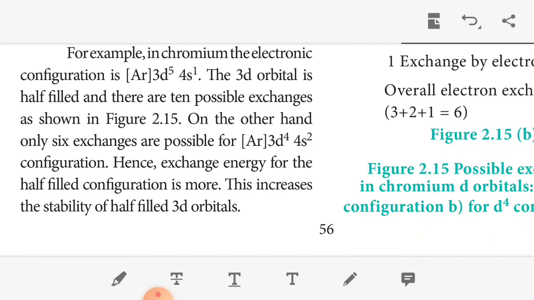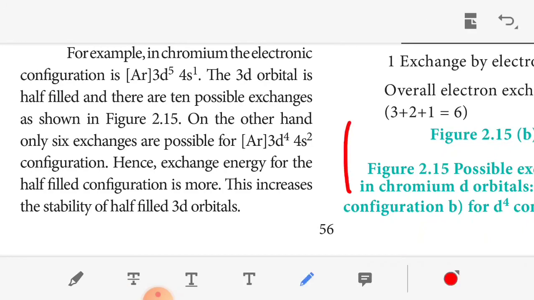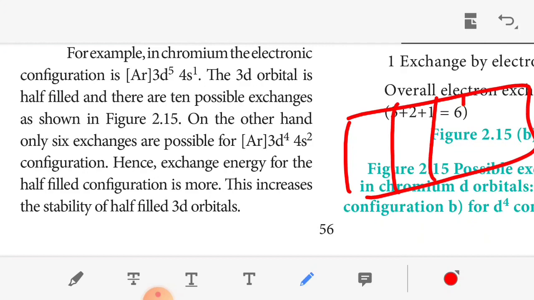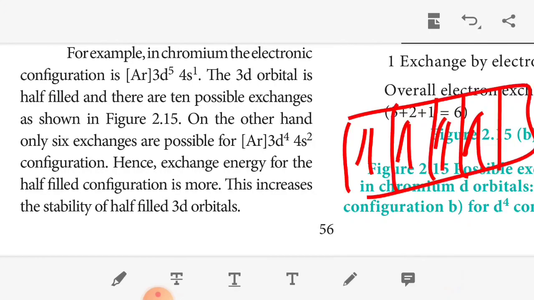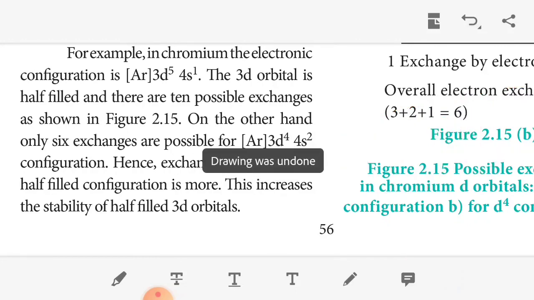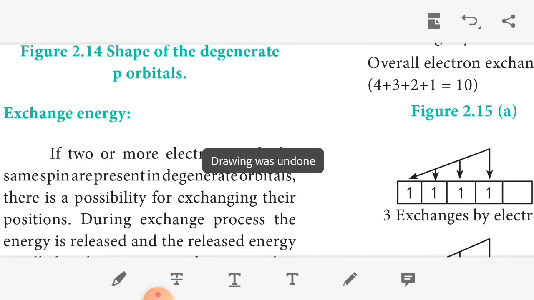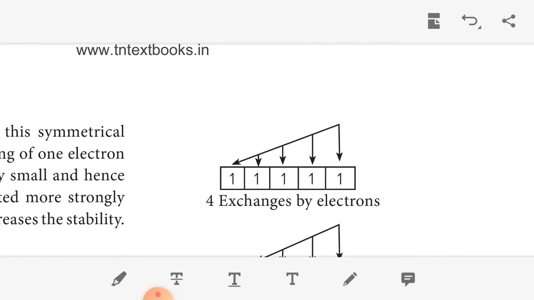With 3d4 4s2, how many exchanges are possible? Now if you look at 3d4, 1 2 3 4, you will study this in detail in 12th standard. So 3d4, 1 2 3 4, okay, then 4s2. So here the exchanges in the half-filled configuration are more, which increases the stability of the half-filled 3d orbitals. Okay, so regarding the exchange energy in the diagram: